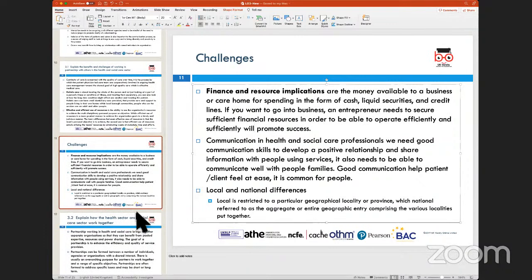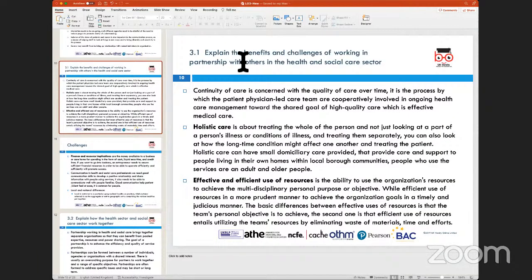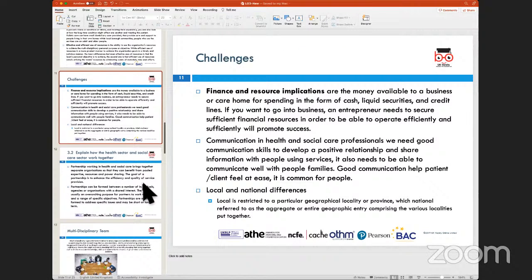Is that okay? So here we will need to identify in this task criteria a couple of benefits and a couple of challenges, keeping in mind a particular situation. Like I've taken the case of COVID, and you would need to explain 2 or 3 challenges and 2 or 3 benefits, and that would help you cover this particular assessment criteria.